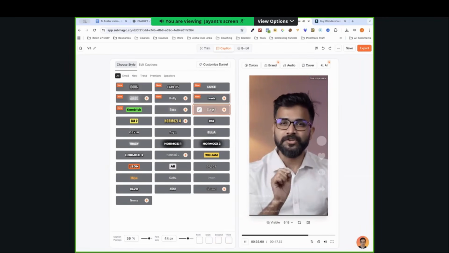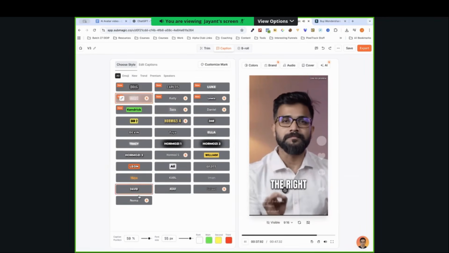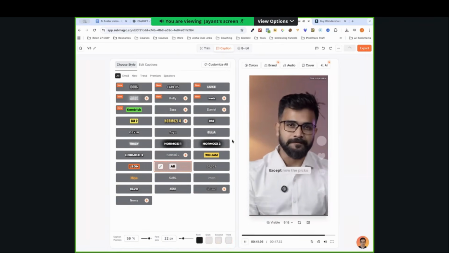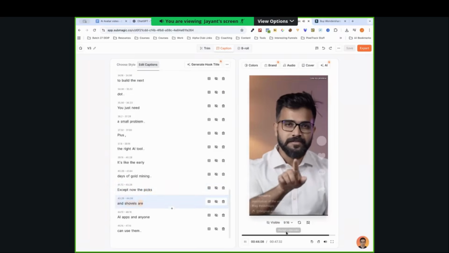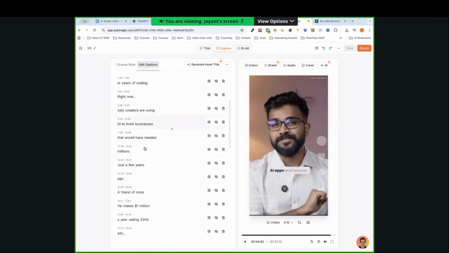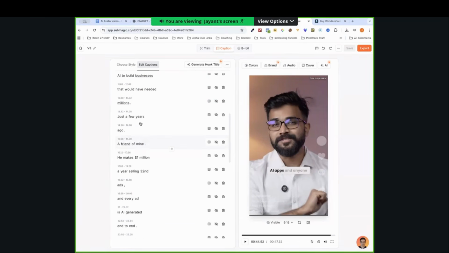Simple idea. $30,000 a month. What does this show? You don't need to build the next dot. You just need a small problem, I like plus the this right one. AI tool. It's like the early days of gold mining. All right, Except let's nobody now, talks the about picks and this. shovels are AI apps. AI is going to change everything in business. Forget big teams, expensive studios, or years of coding. Right now, solo creators are using AI to build businesses that have needed millions. Just a few years ago, a friend of mine, just a few years ago,